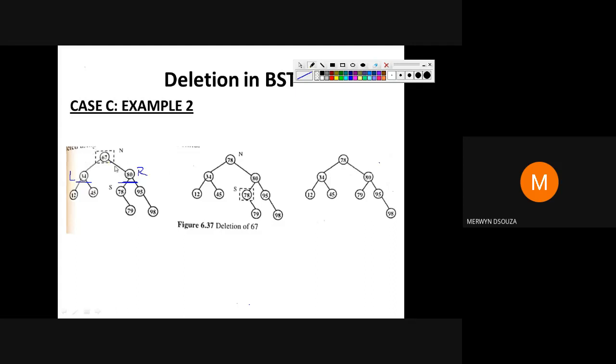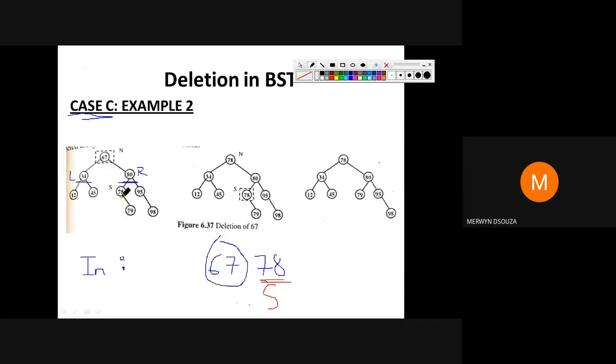Once you have identified it is case C, do the in-order traversal. You will get 67, and then the successor of 67 will be 78. So this is the node you want to delete, 67, and the successor of 67 will be 78.